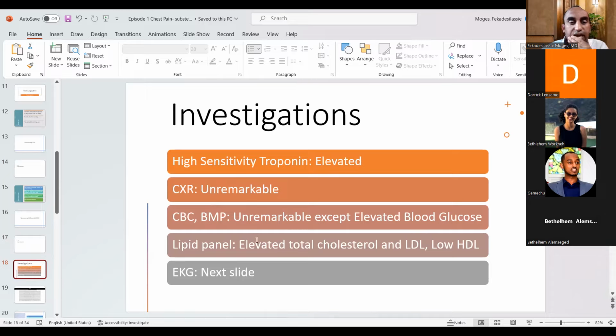Echo. Echo can be considered. Not right now. You may delay it. You may want to do it right now. So echo can be considered. Okay. Before echo again, just X-ray. Did you say EKG?